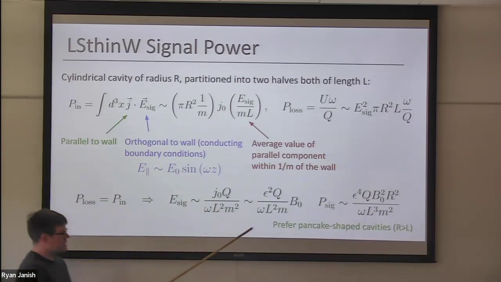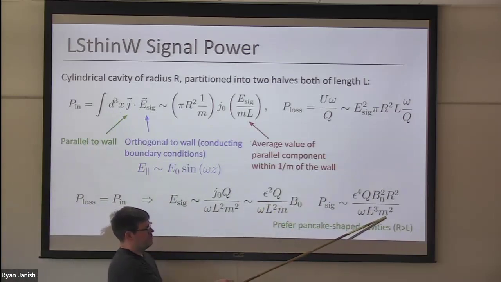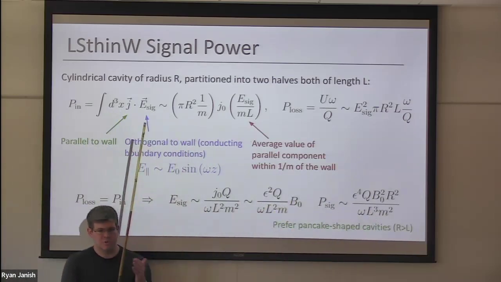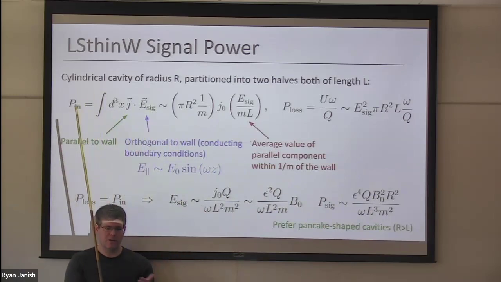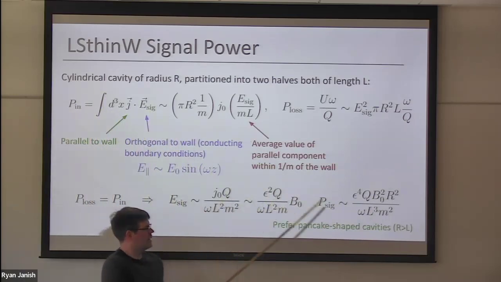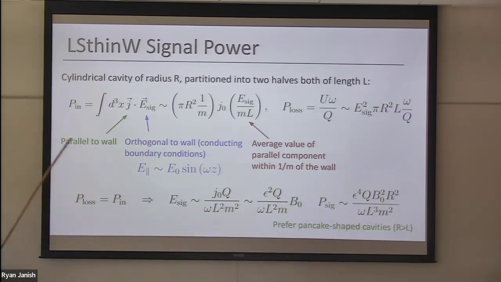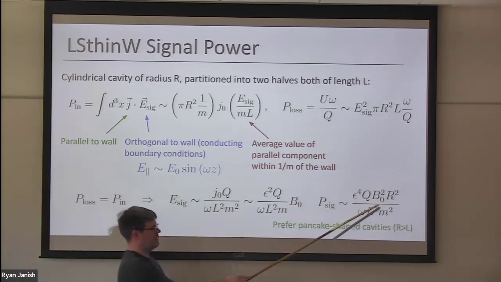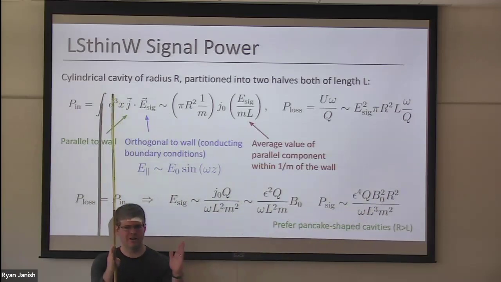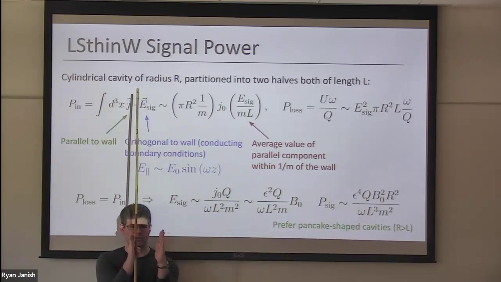A couple interesting things: we do have some power loss suppressions in the gap. As we go to higher gap, this does get worse in a power law fashion. And what's also interesting, if you're familiar with cavity experiments, is that this doesn't scale with the volume. Usually these things scale proportional to the volume. Now we have this more complicated shape, so at fixed volume, we do better if the cavities are more